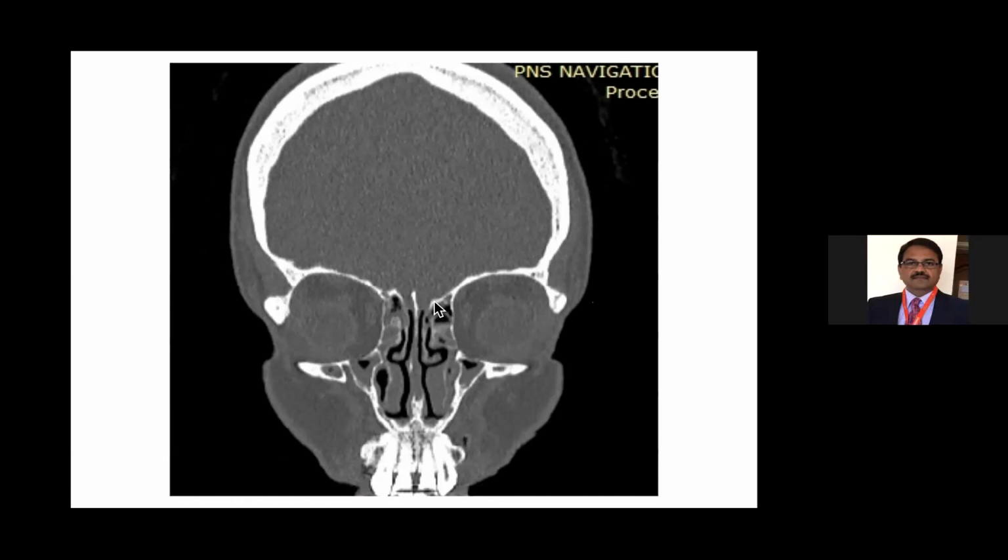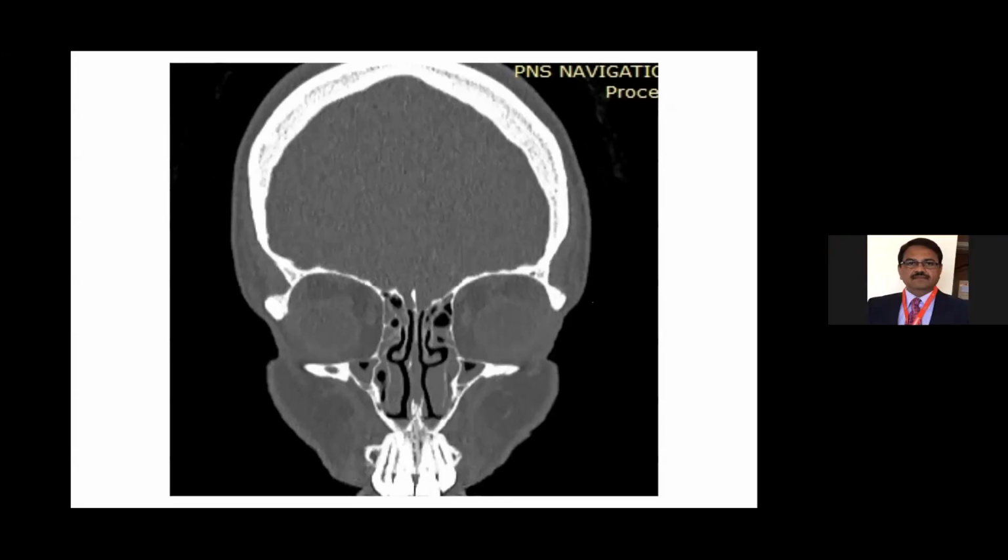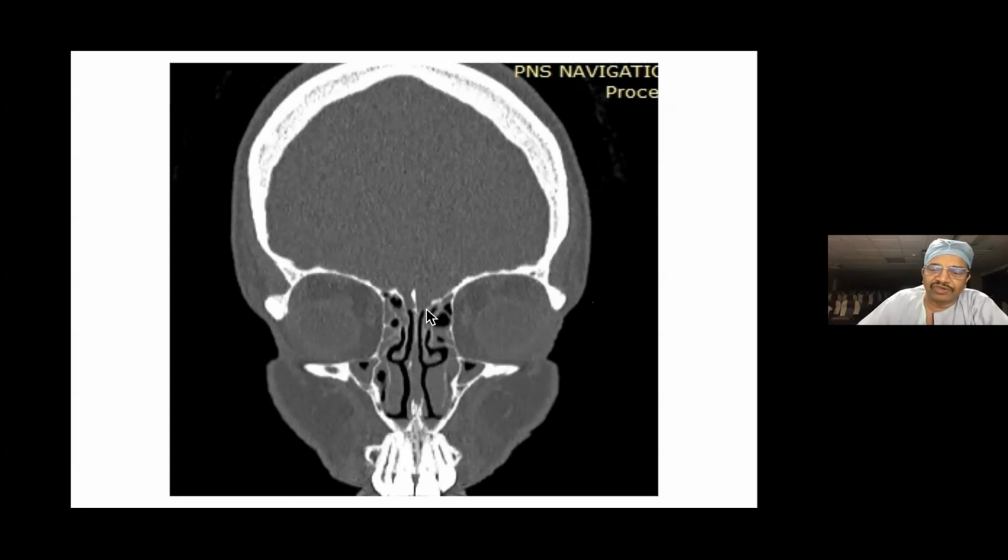This is a little low skull base on the left side. Important point: see here, the skull base is here on the right side, and here on the left side. If you don't realize this, you can injure the skull base here. After studying the 5 vital structures, this is the very thinnest part of the skull base. See the orientation. This is vertical, and this is a little more horizontal.